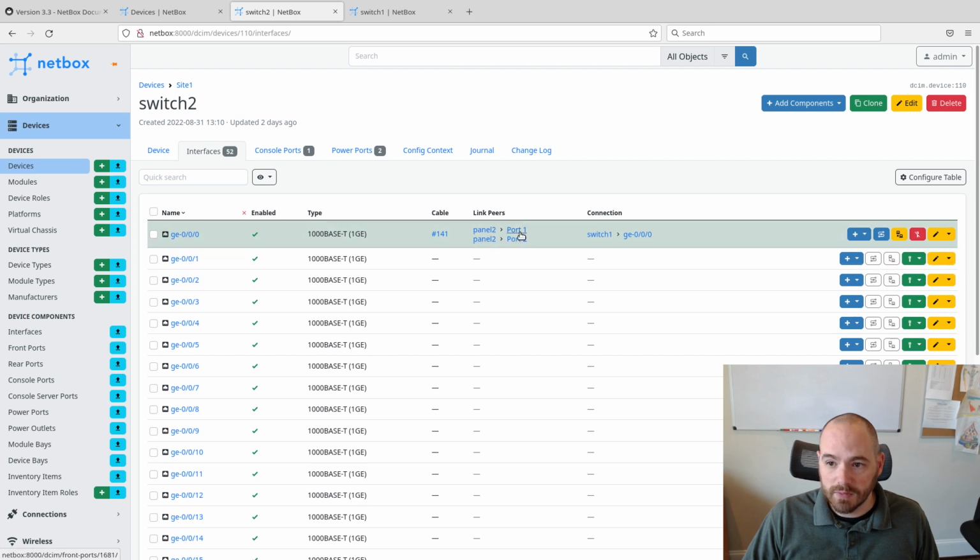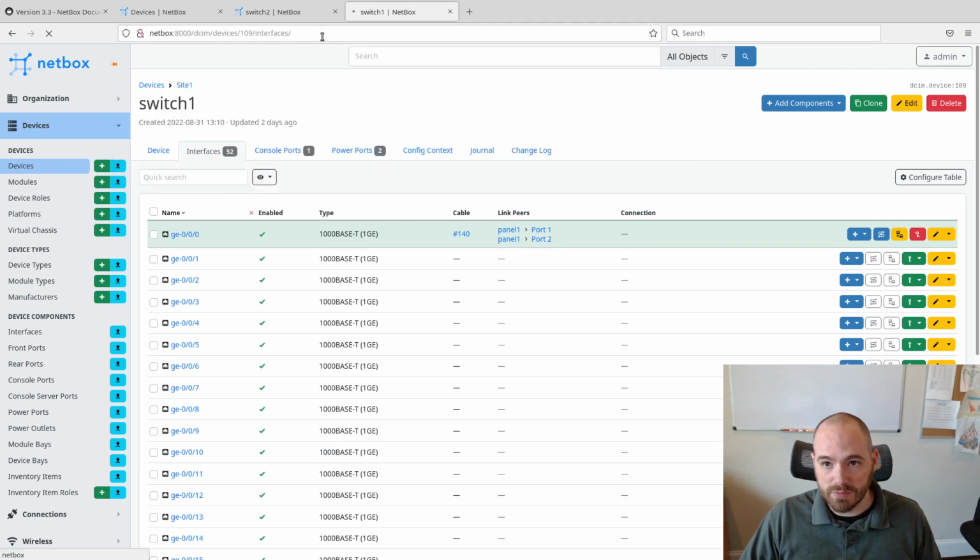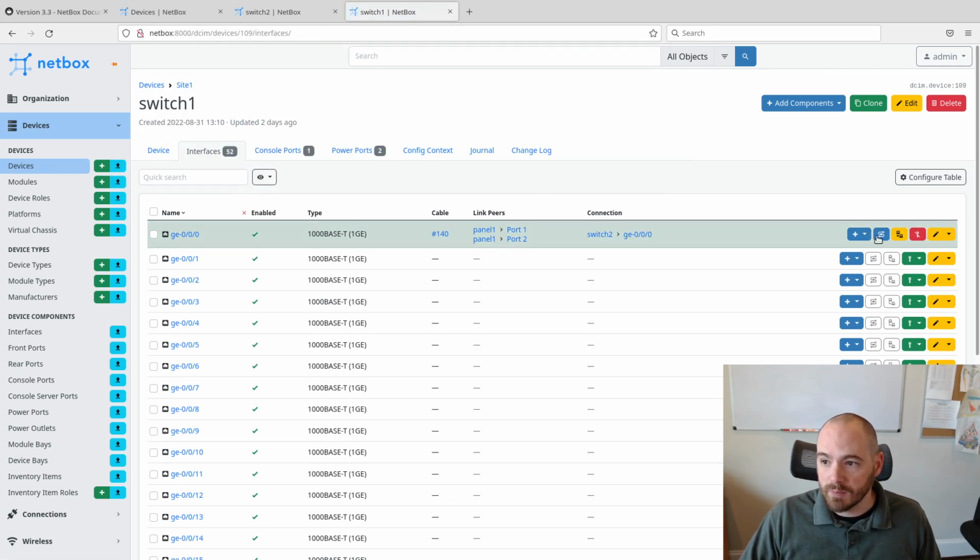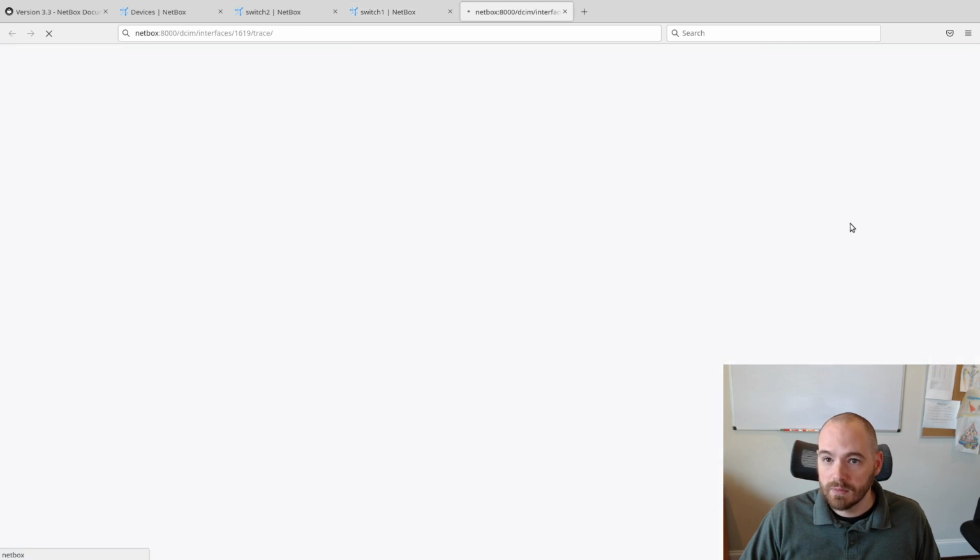I've got the link peers. Now I also have a connection. So NetBox is now showing me the end-to-end connection from the local interface to the remote interface on switch 1 via those three cables. We can see the same thing on the other side on switch 1 if we just refresh that list. Now I'm going to trace from switch 1, gig 0/0 that we just connected, and we'll see